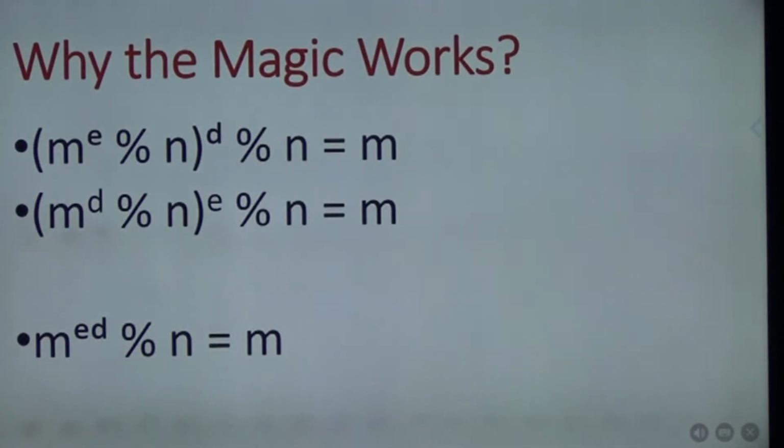And why the magic? Because if you have a public key, you encrypt a message with the public key, which is just raising it to the power e modulo n, and then you take the power of d modulo n, and you get the message. Or if it is encrypted with a private key, then you can decrypt it with a public key. So this is the important relationship.